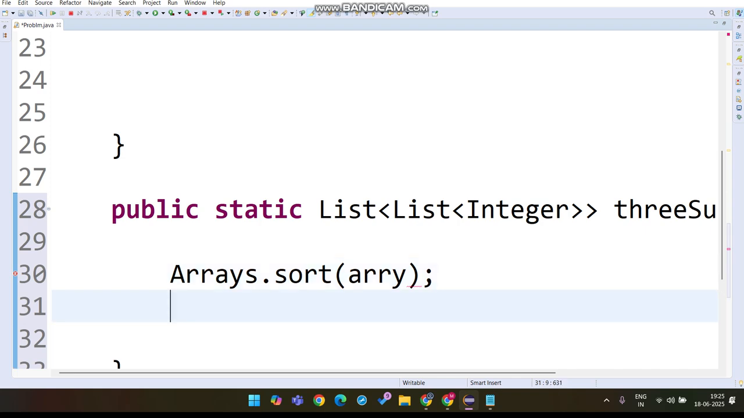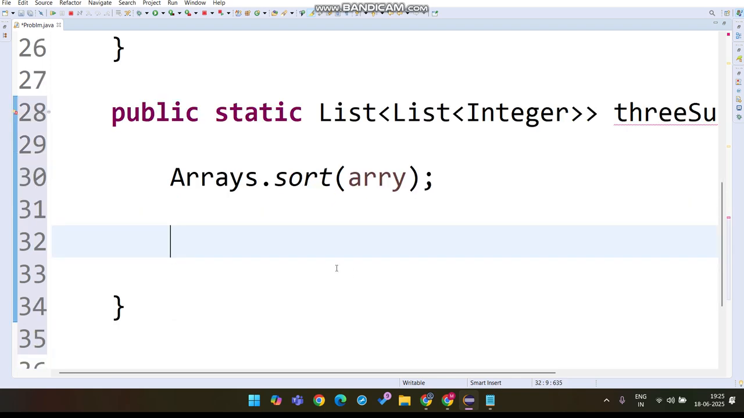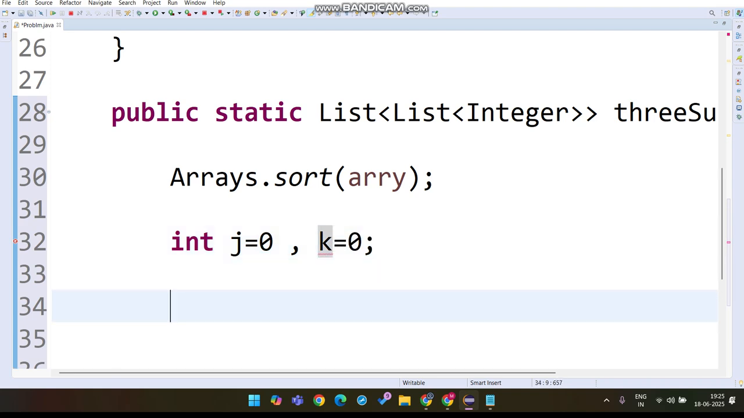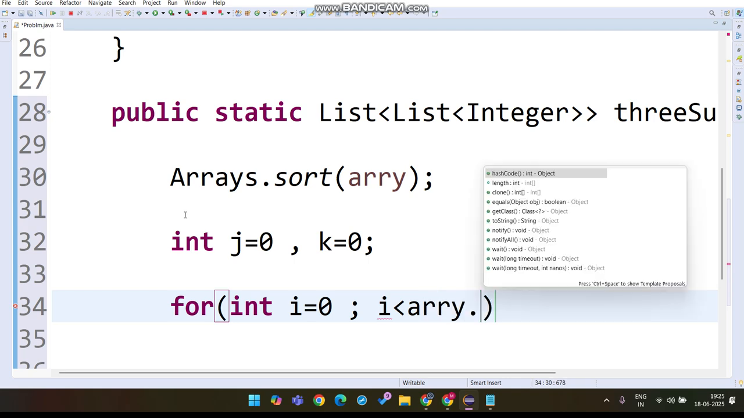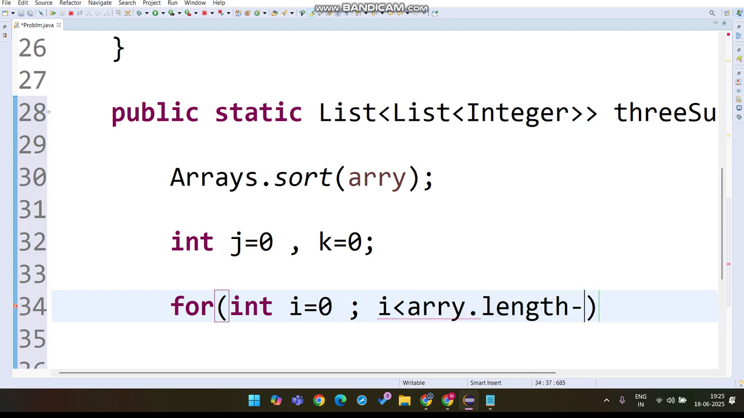Array is there. Okay, then we will take two more variables, integer j equals to 0. As I mentioned, we will be using the two pointer approach, and we will declare one first for loop, and it should be less than array dot length - 2, because j and k are already there, so that's why we will be doing -2. Then i plus plus,